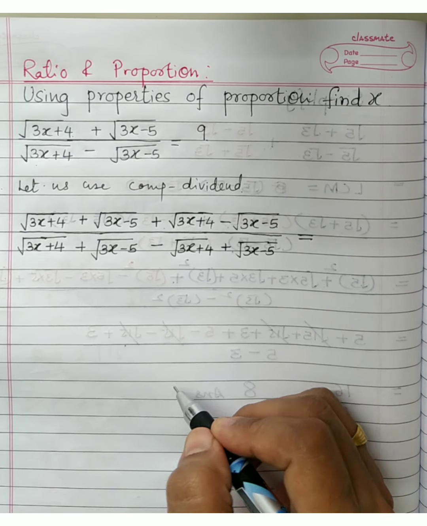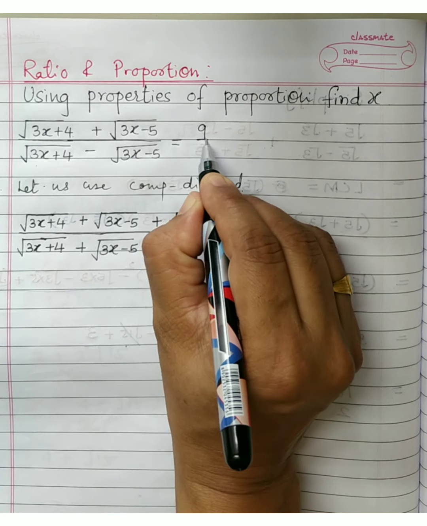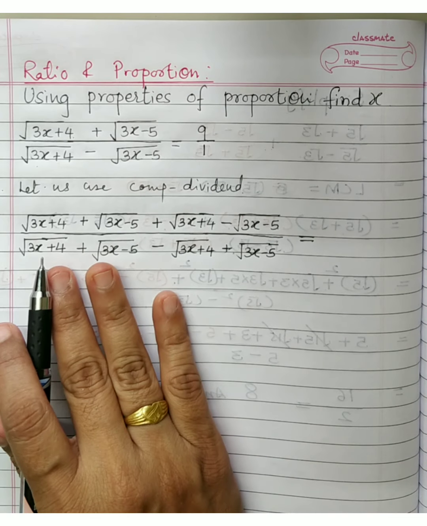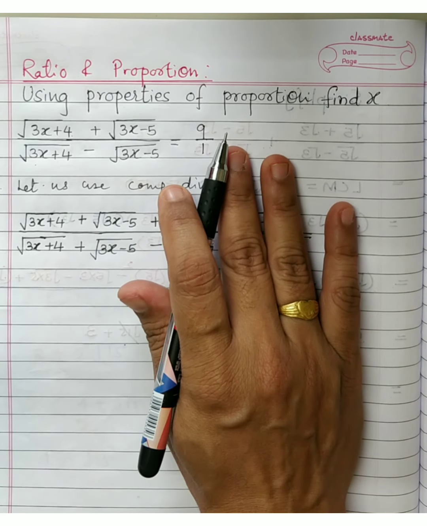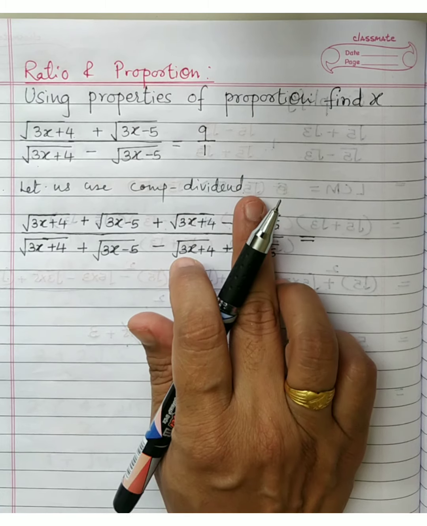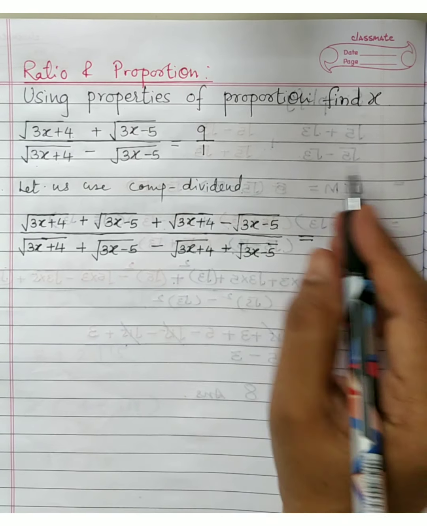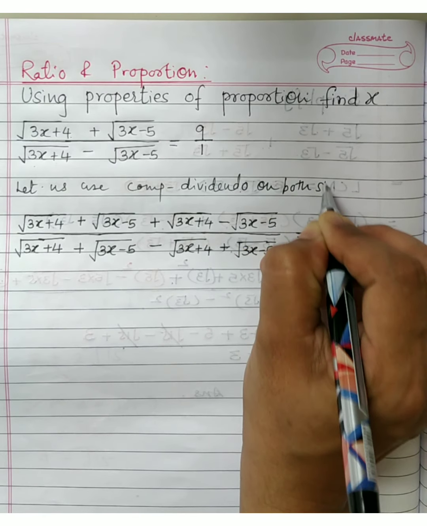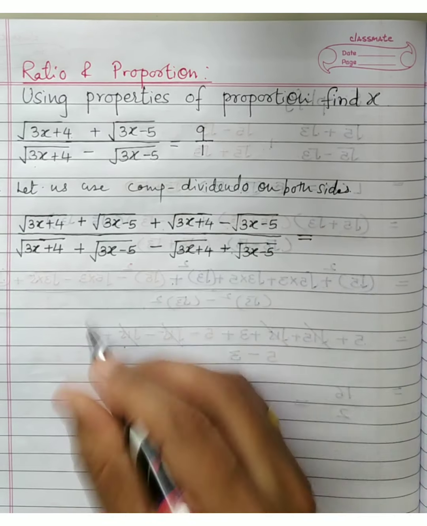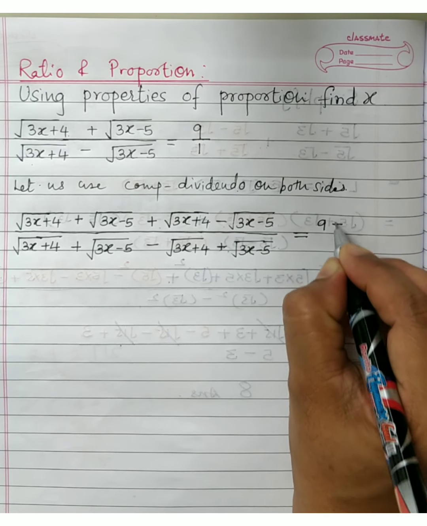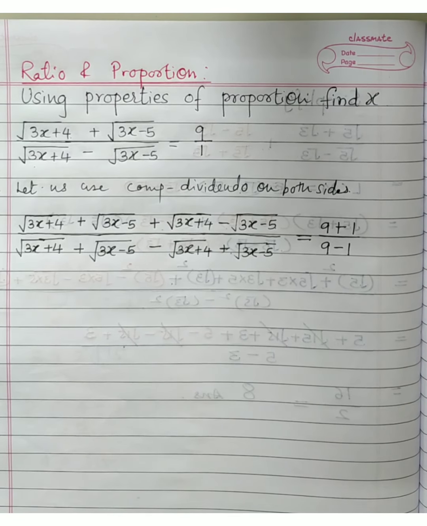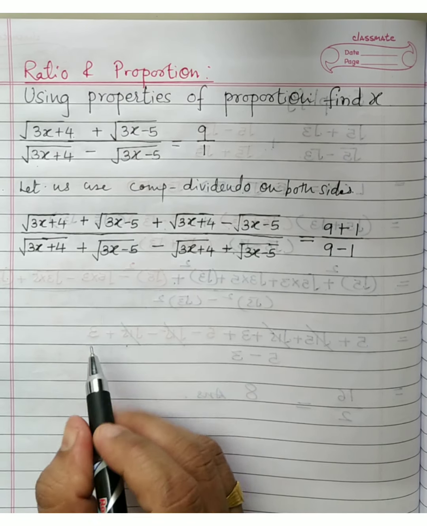What will happen to the right hand side? Right hand side is an integer. We will express it into the form of a fraction first. And to this fraction also, like LHS, on RHS also, definitely componendo and dividendo will be applicable. So another thing you have to remember is that use it on both sides. A common mistake, so I have mentioned it. So what will it be? 9 plus 1 upon 9 minus 1. And once this step is clear, then further it is easy.